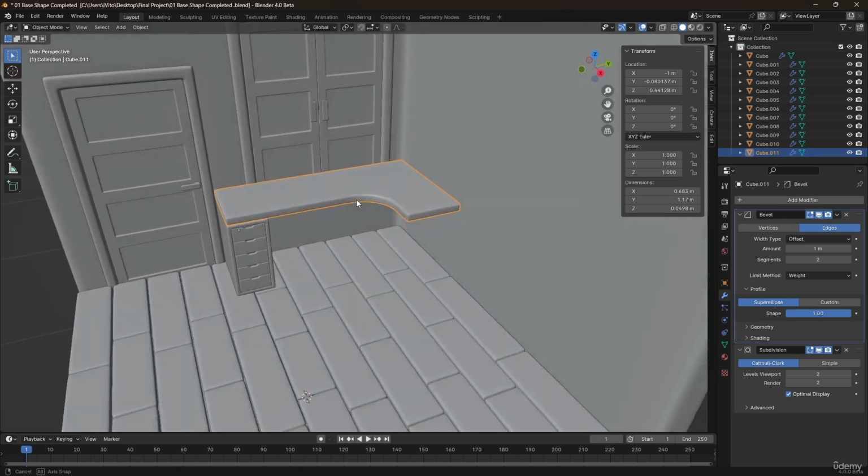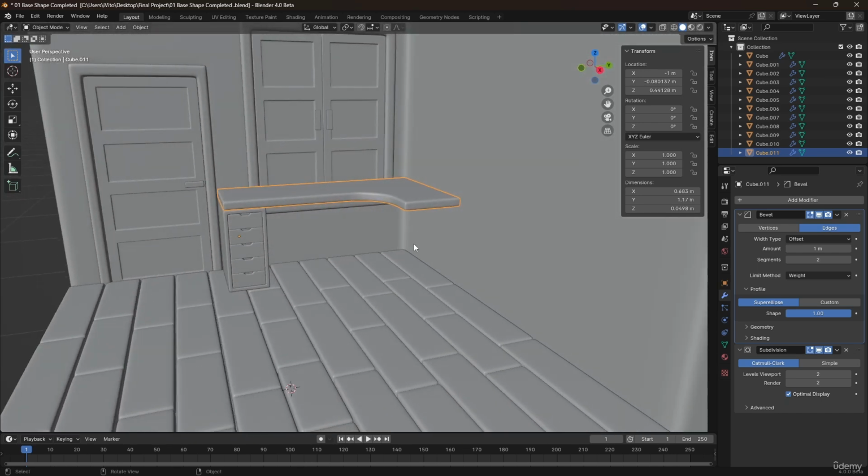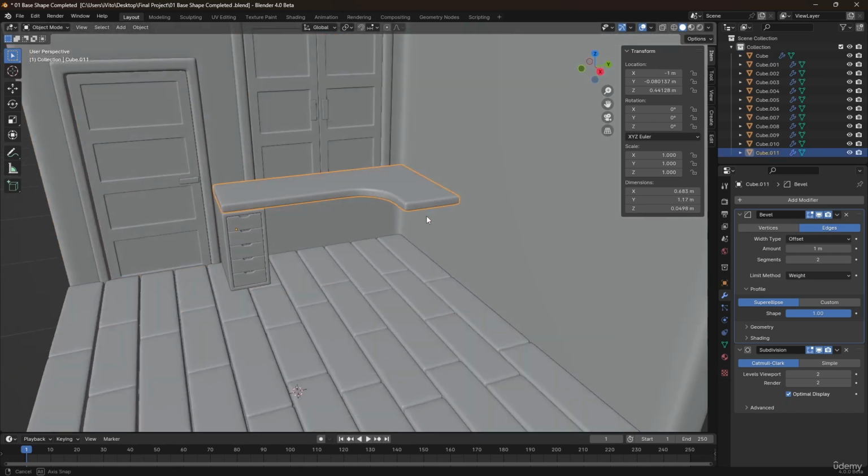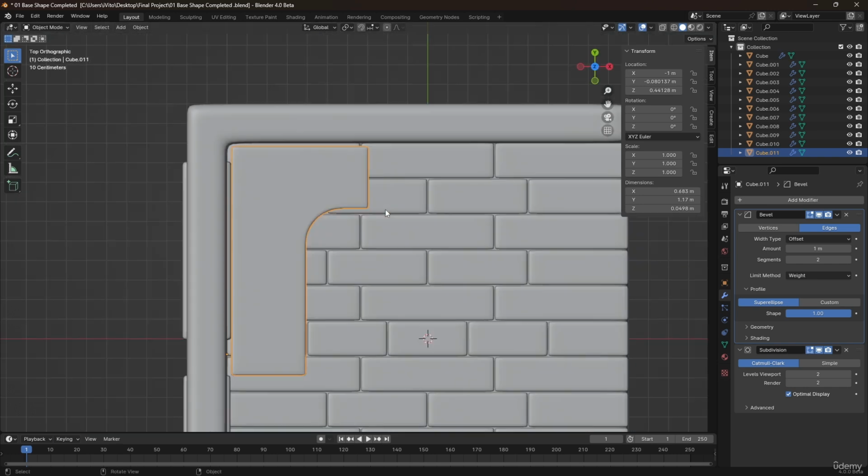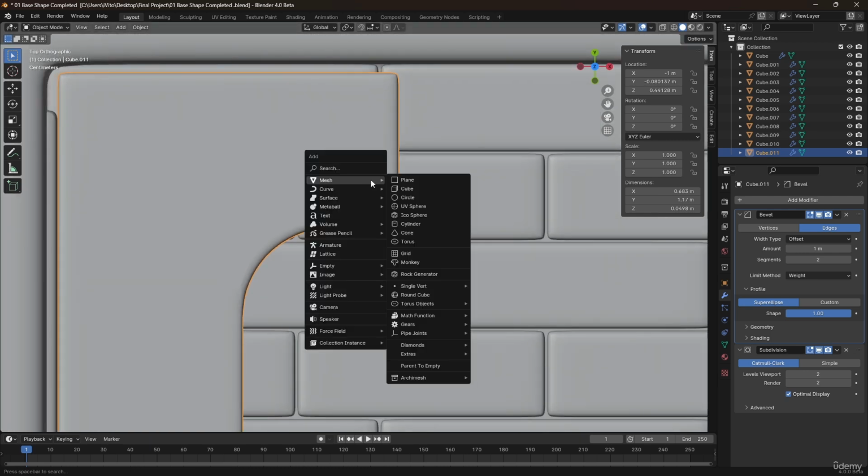And just like that, we have the tabletop. And now we need to create 2 legs for this table. And to do that more easily, let's go to the top view. Shift right click on this area so that the new object is added here. And then we're going to press Shift A to open